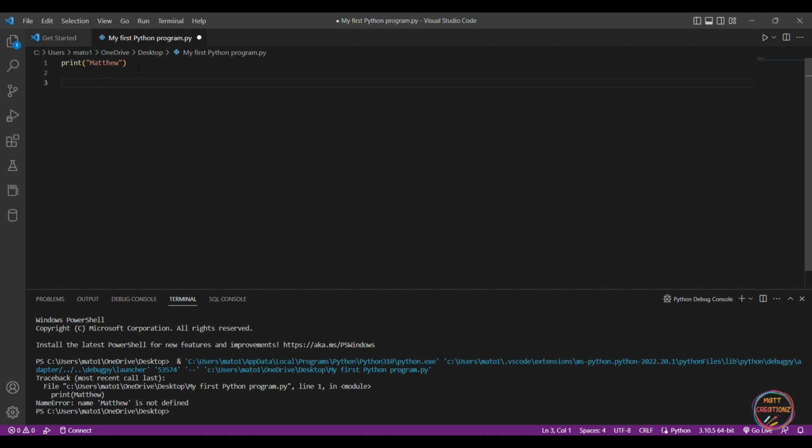A variable is a number or a letter or a word that represents a number, a float, a boolean, or a string. For example, x is equal to 10. This is what we call a variable. X is a variable because it represents 10. If I were to say print x, it would print 10 because x is equal to 10. But if I were to say print